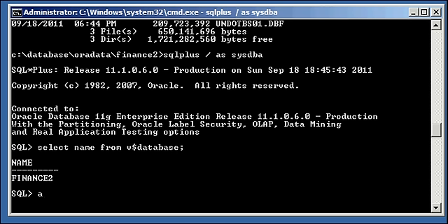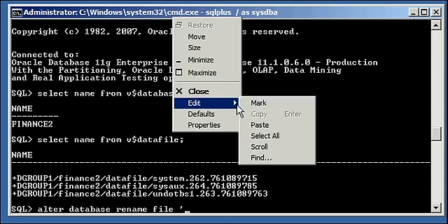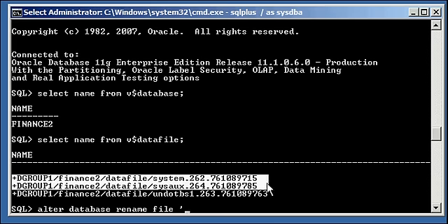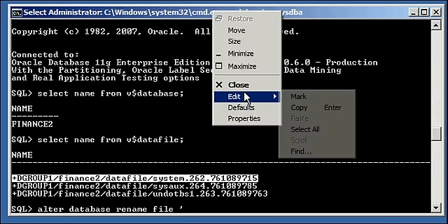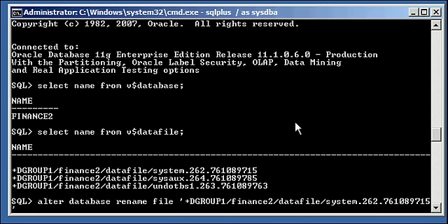So we rename the files. Well, first we do select name from v$datafile to get the names of the files, and we say alter database rename file. Okay, and a little lazy man trick here, or productive, efficient man trick, whatever you want to call it, to c:/database/oradata/finance2/system01.dbf. So we're saying alter database rename file, the source, which is in ASM,